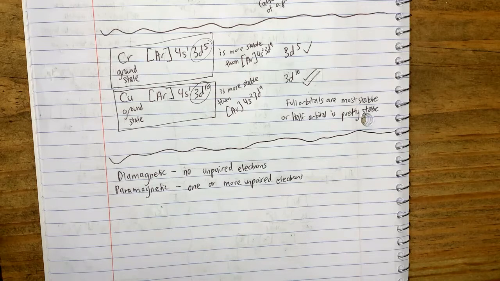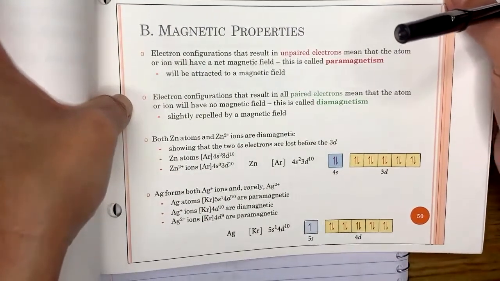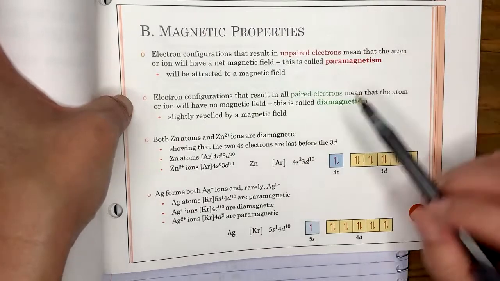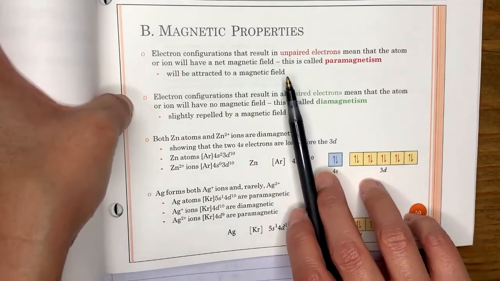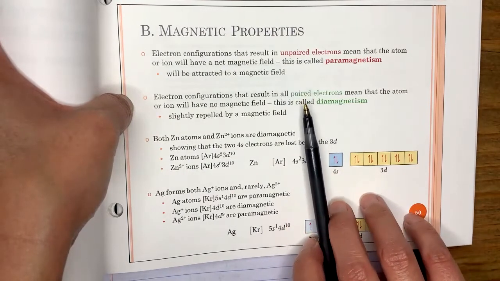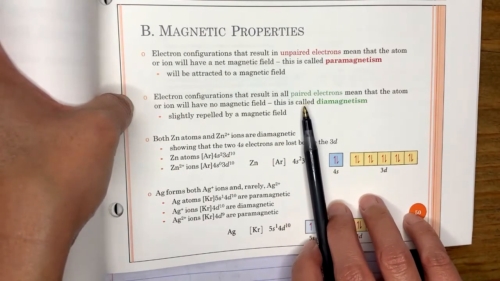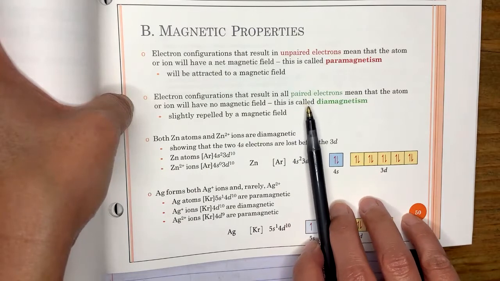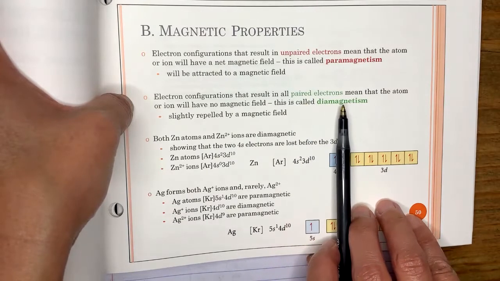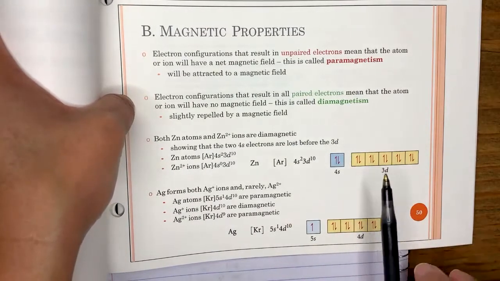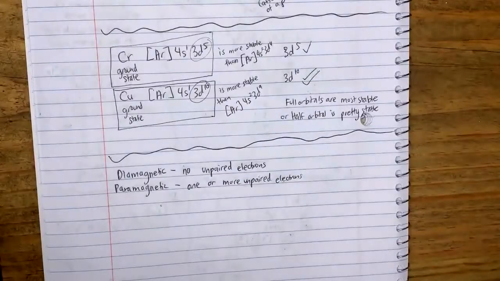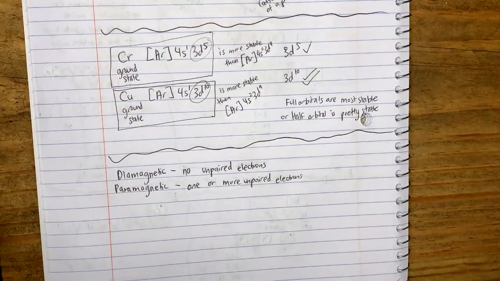So on your magnetic properties, right here, this is going to be slide number 50. It says here, paramagnetic stuff will be attracted to a magnetic field, and stuff that's not magnetic is not attracted. It's slightly repelled by a magnetic field, but it's diamagnetic, will have no magnetic field. So if it's unpaired, you can basically magnetize it. So let's take a look